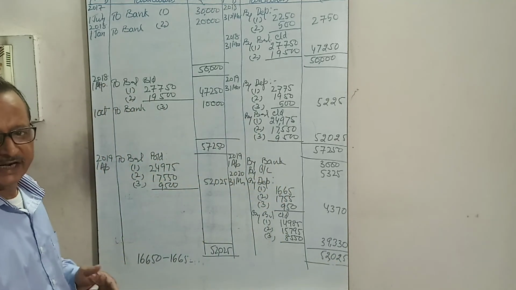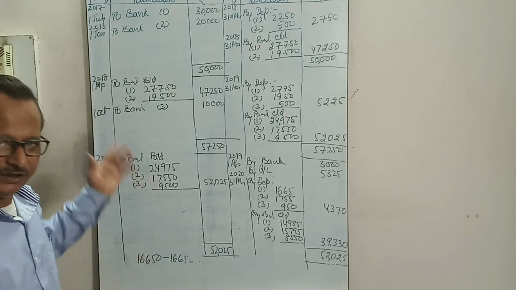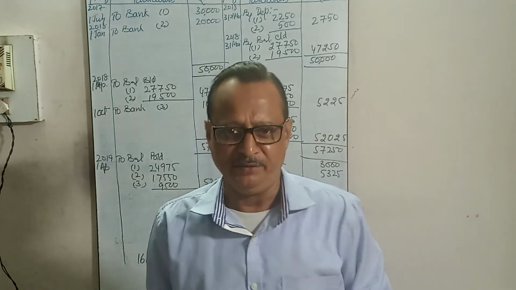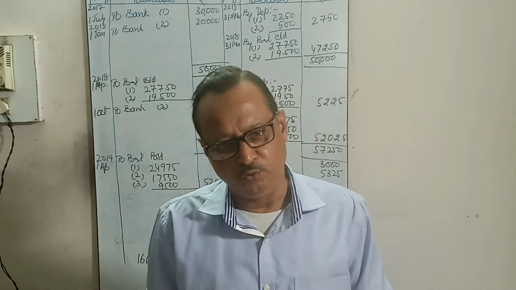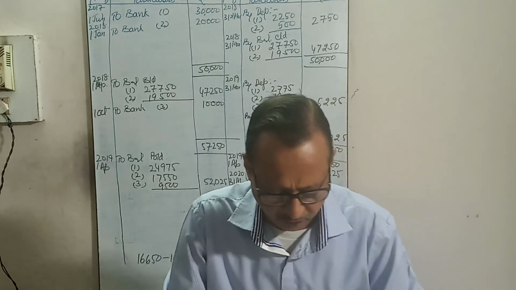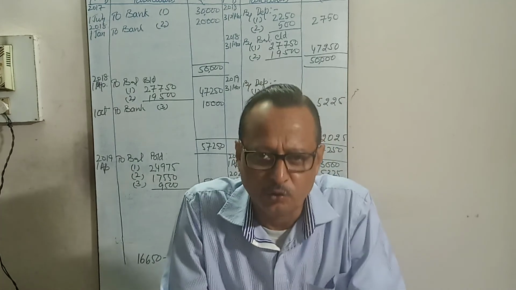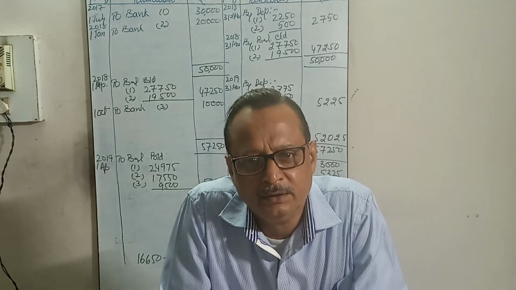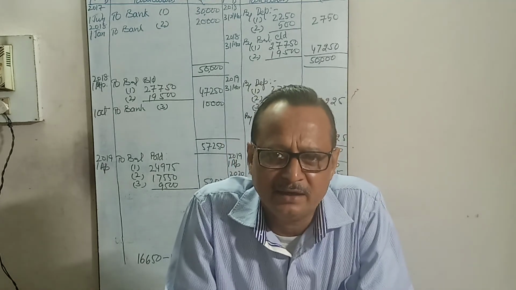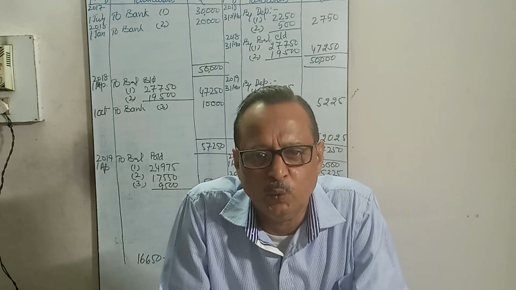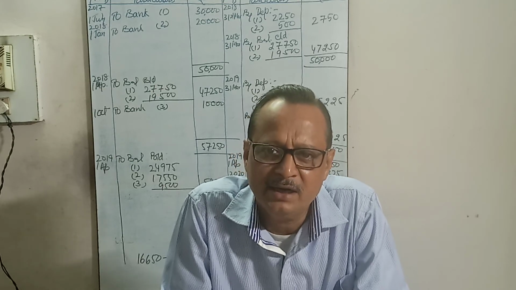This is the way of charging depreciation under diminishing balance method if the machineries are purchased frequently and sold out, and if any part of the machine is sold out. We have solved already a few questions. Now next we will study how to charge the depreciation under straight line or diminishing balance if the provision for depreciation account is maintained. In the next class, we will study provision for depreciation account.